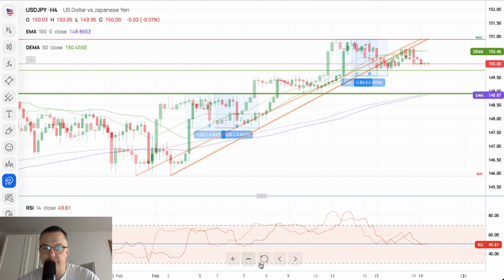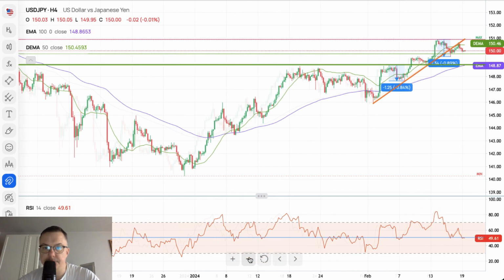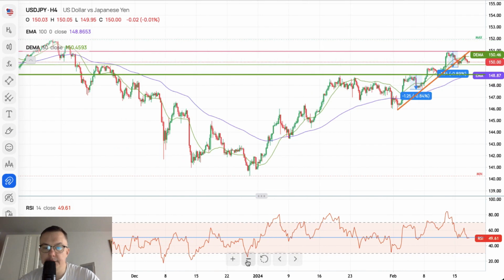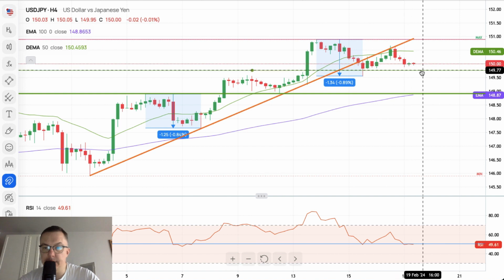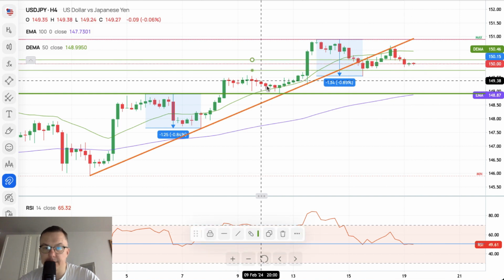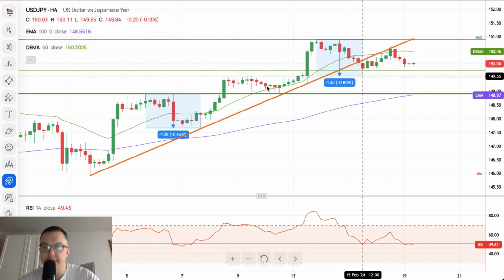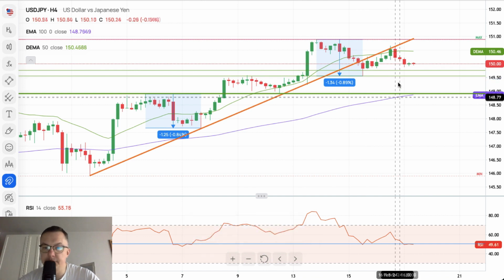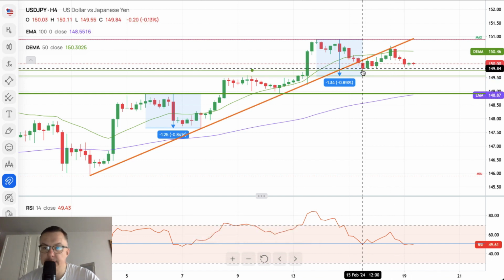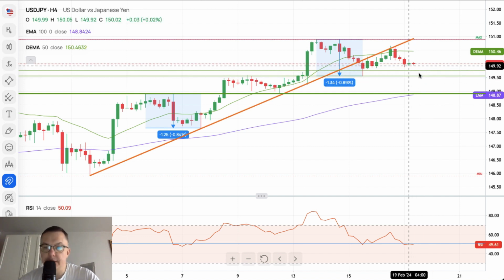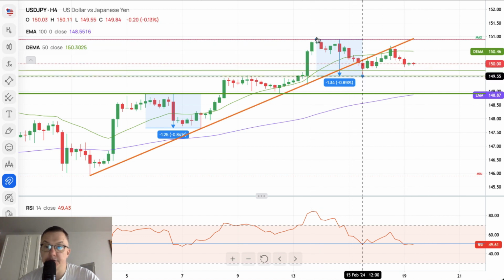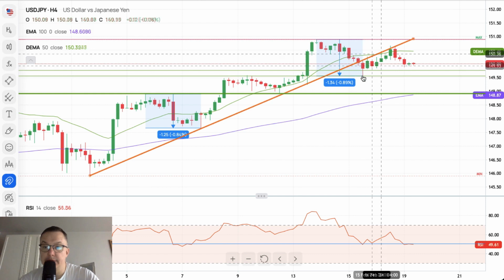Let me just zoom out because I want to see the level. Okay, it's an old level. Nevertheless, we will leave it on the chart, and we will add the overbalance level as well. So the overbalance low is here, 149.55, 149.80. This is the local demand zone. But if there's any breakout below this zone, then we have of course a situation when the downside movement